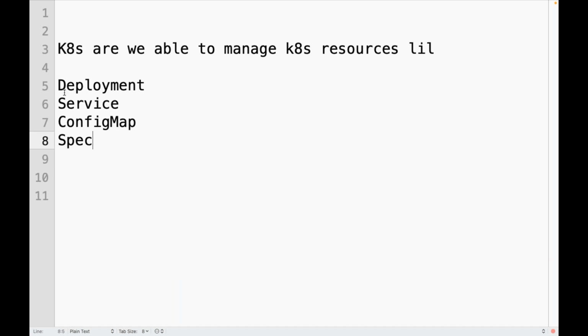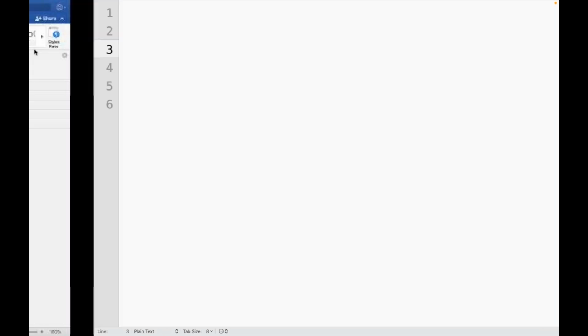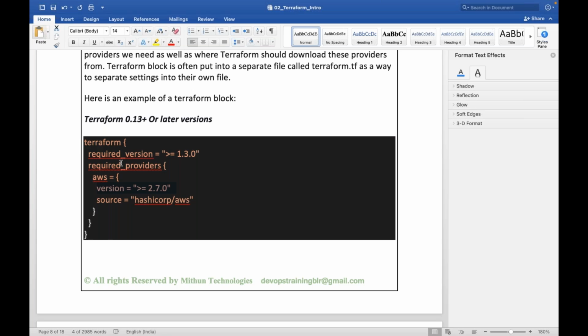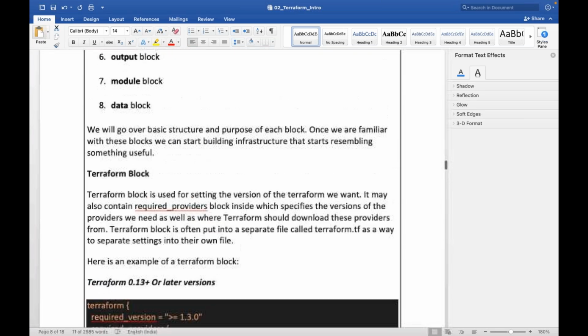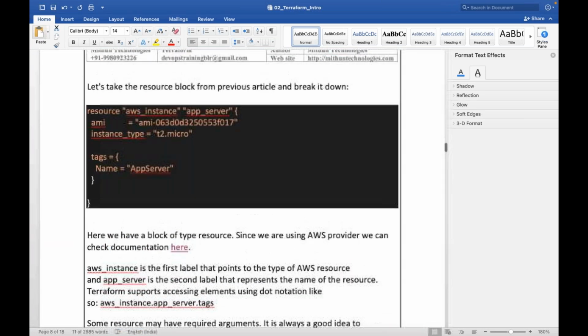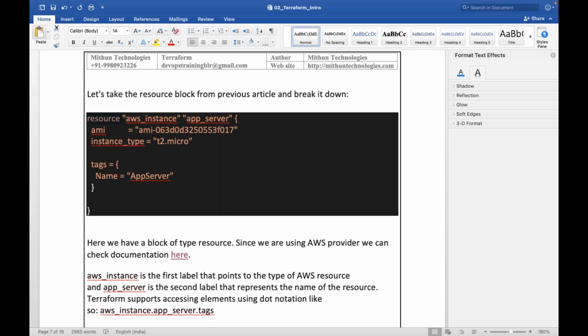You are able to create and manage the resources using any provider. You are using some provider version, but you are using some resource. You are trying to create that resource using that provider.